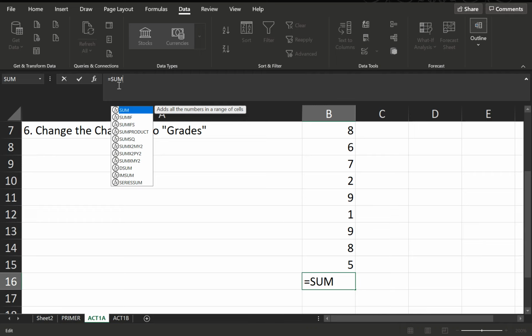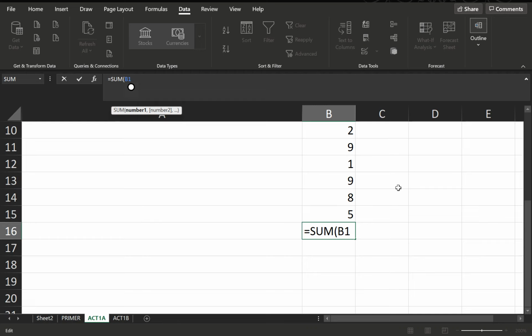The next thing is that we need to encode the argument. What are the numbers that we're going to add? We need not indicate them all, but we will use an open parenthesis and end it with a close parenthesis. Here we have B1, the first cell, and then we can use a comma for B2, B3, but it's really taxing, so we have an alternative. If we want to get all of these in the column, all we need to do is use a colon and then the last cell, B15,